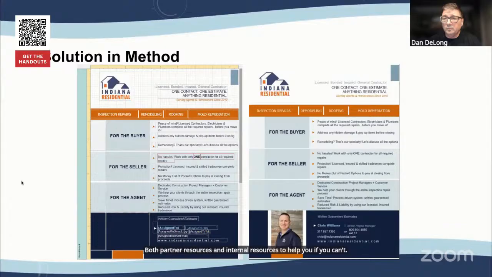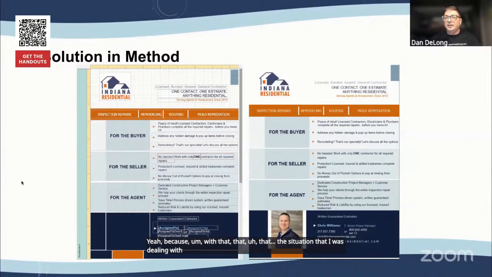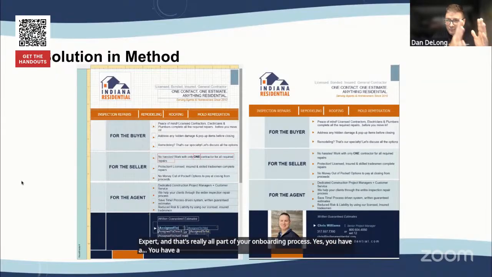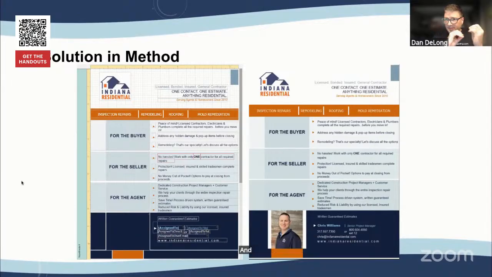Yeah, because with the situation that I was dealing with at Intuit Connect, I was able to work with their internal support, and they said, well, I can give you the concept here, but you might have to talk to a customization expert, and that's really all part of your onboarding process. Yes, you have a true 14-day free trial for anybody starting it up, and the onboarding is phenomenal,